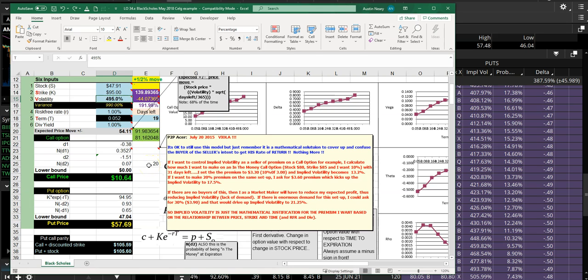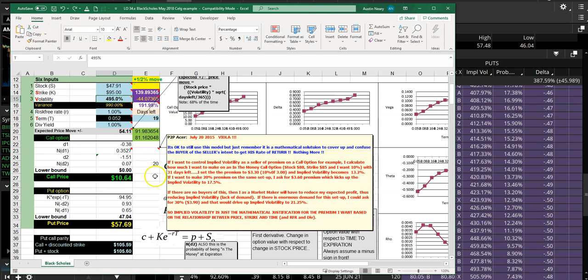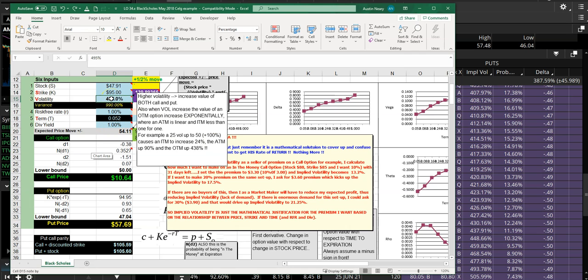some rumor comes out that all the shorts are out of the market. There's nobody else to squeeze, and this thing goes down to a number like J&J has, 21%, and boom, your option's worth nothing. So even though you have 19 days left, even though the underlying stock is still worth $47, you have nothing left of value. All right, so that's how this whole thing works. Just keep that in mind, play it over and over again, and realize that a lot of money is to be made if implied volatility goes up.